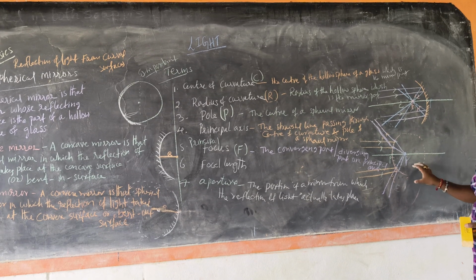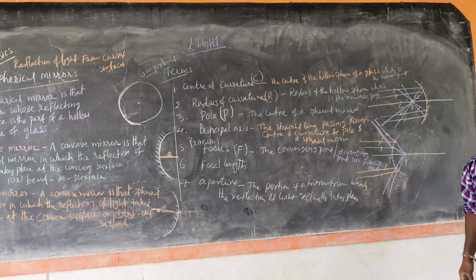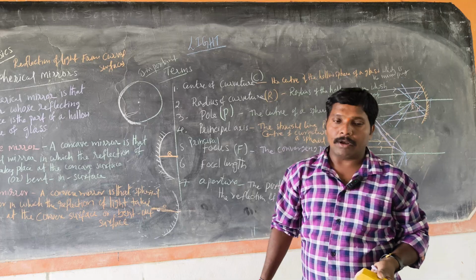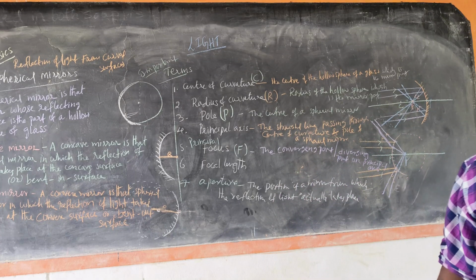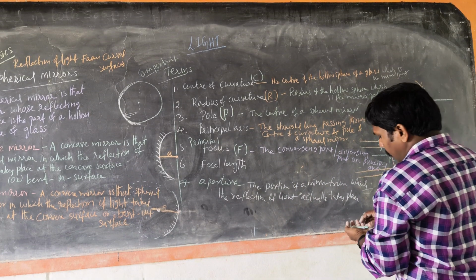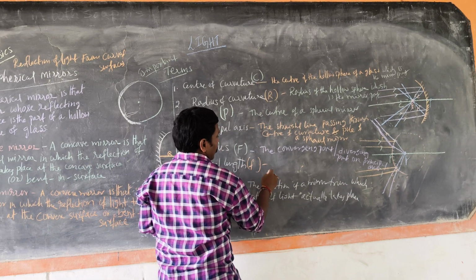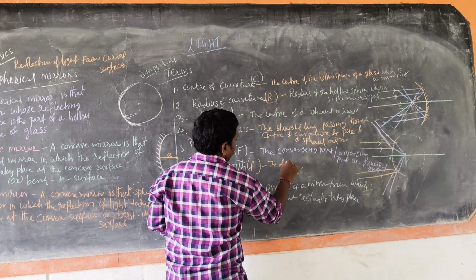The diverging point of a convex mirror and the converging point of a concave mirror is called the principal focus. Next one, focal length. It is represented with a small f. So the distance or the length